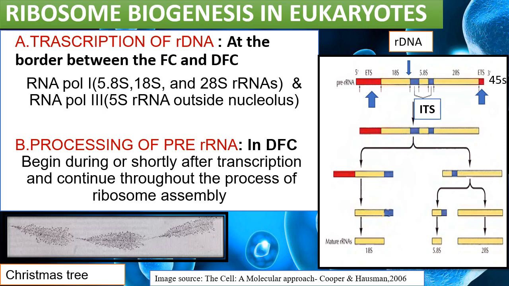It also contains two internal transcribed spacers which surround the 5.8S ribosomal RNA. These two regions are the internal transcribed spacers. Generally, the internal transcribed spacers separate the mature RNAs. The external transcribed spacers have to be removed so that it can give different types of mature RNAs.